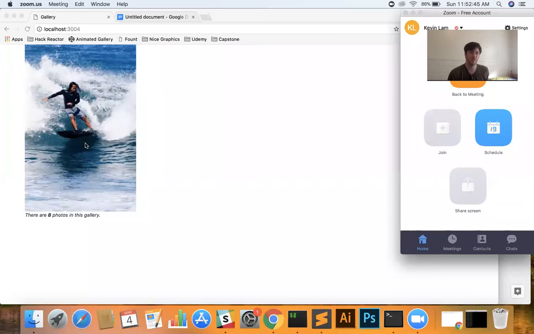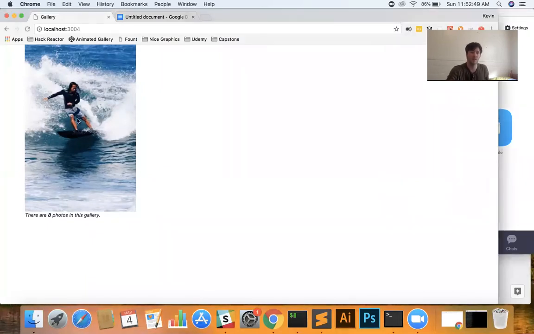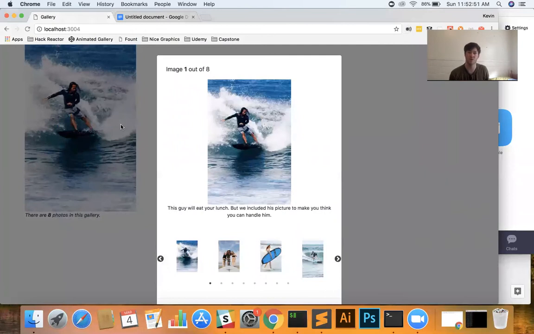The user is presented with the initial thumbnail. Clicking on the thumbnail will reveal a Bootstrap modal, which contains two Slick sliders. The first Slick slider is the main image with a description, and the second Slick slider is thumbnails of subsequent